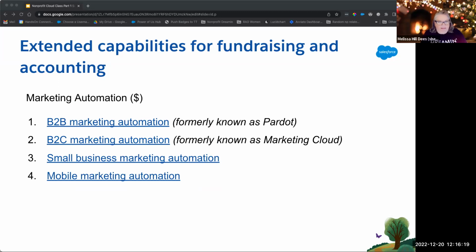Additional extended capabilities for fundraising and accounting are the marketing automation. And this has morphed and changed frequently. The names have changed to protect the guilty. You know that what used to be Pardot is now Marketing Cloud Account Engagement, because it's all Marketing Cloud. There's Marketing Cloud for nonprofits specifically, which is basically a rebranding of Marketing Cloud. But the important thing to know about what all of these things do is that